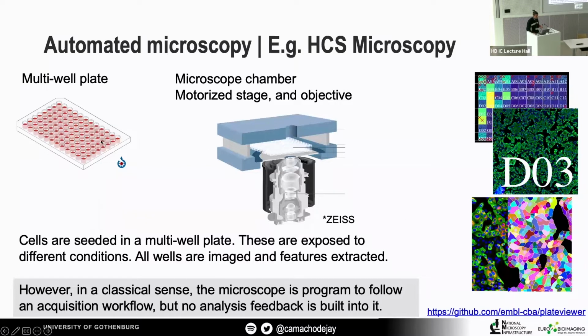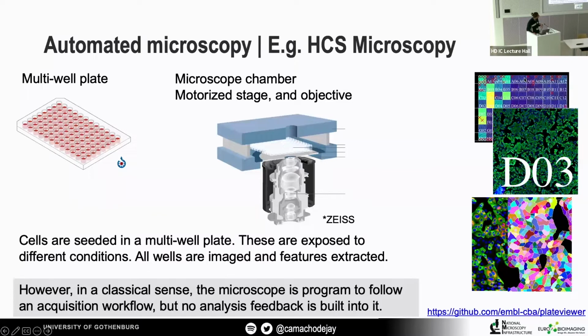And then in this sort of classical sense, you will have, okay, let's say a multi-well chamber plate or any sort of other arrangements where we have cells in many different conditions. And of course, we don't want to go there manually well by well, right? So now we can program our microscopes to go one well at a time and then adjust for differences in the wells,